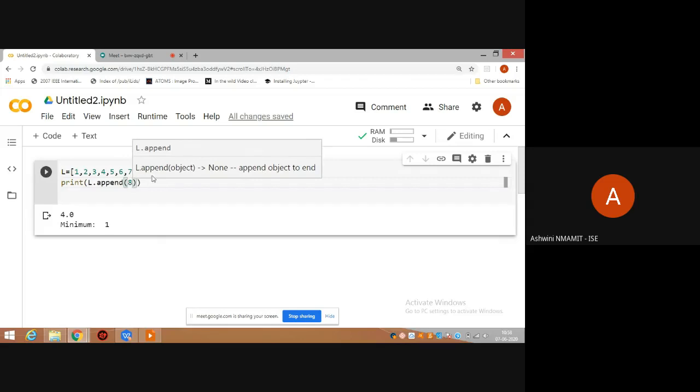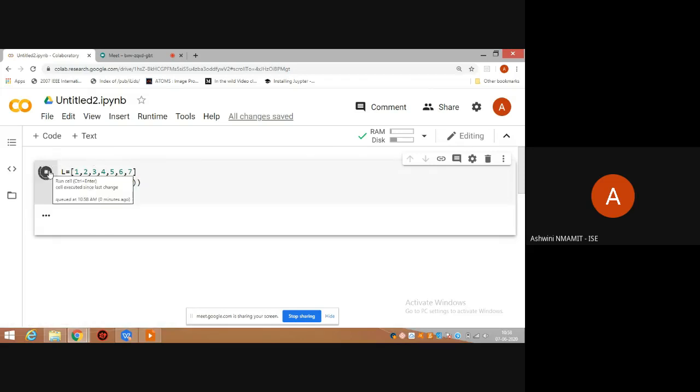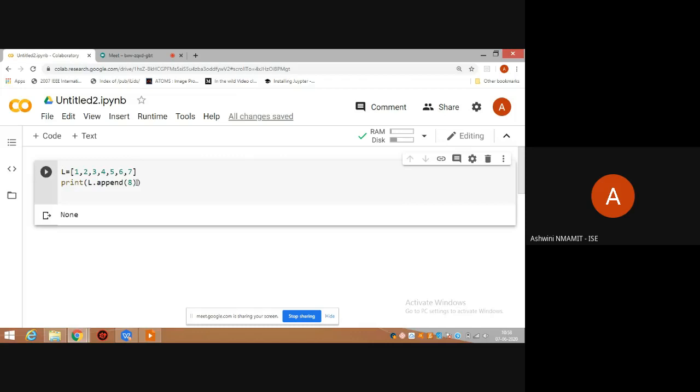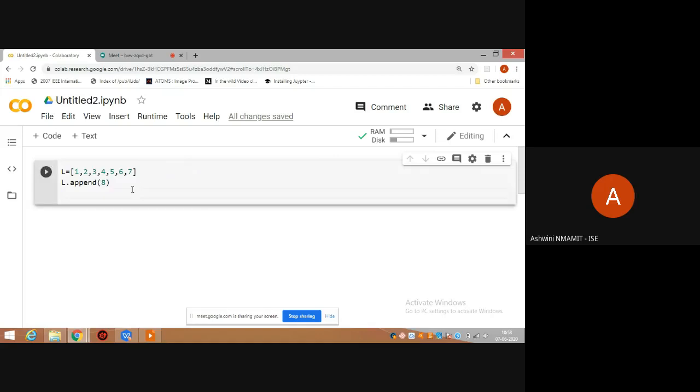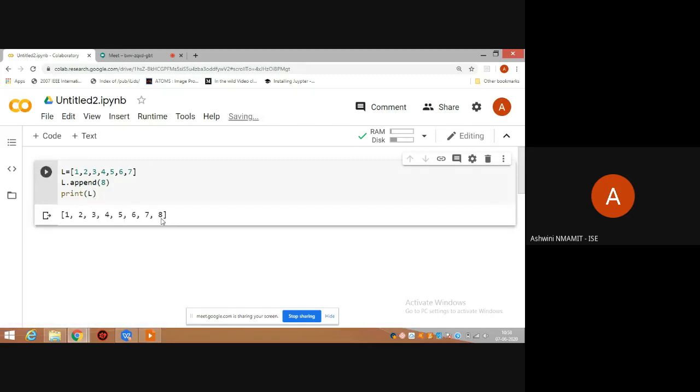I'll give a number. Then it will give me the appended number. So when I say append, it would always append to the last position.